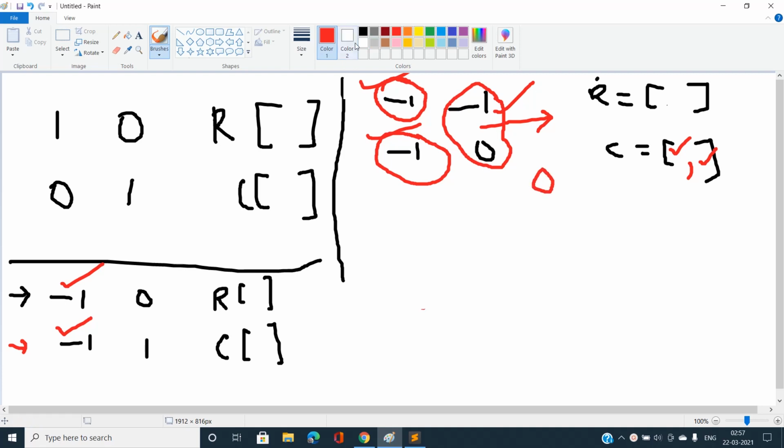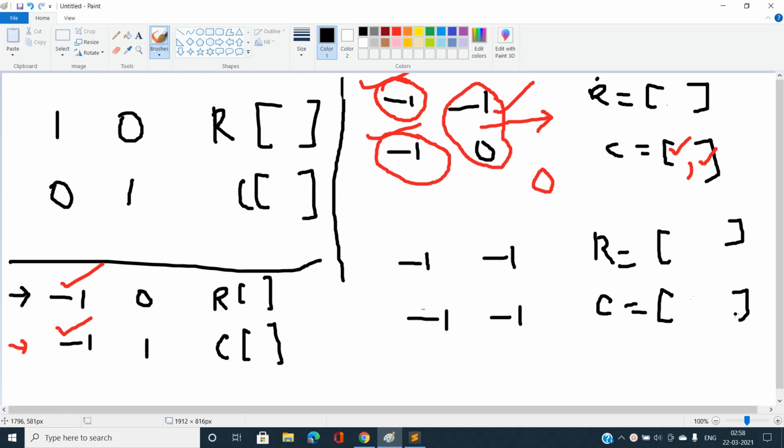And what about the case like this, let me denote it as minus 1 and minus 1, and minus 1, and minus 1. Okay, now we know the values of R, and I don't know what C should be, C is also something I don't know the values of. So can we find the unknown values of my matrix A without spending any cost? No, we cannot find that.